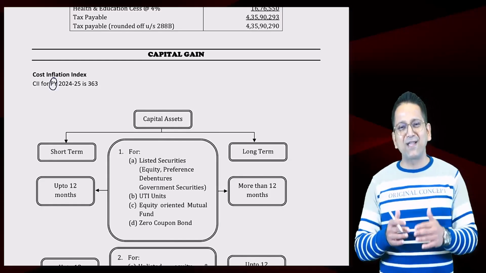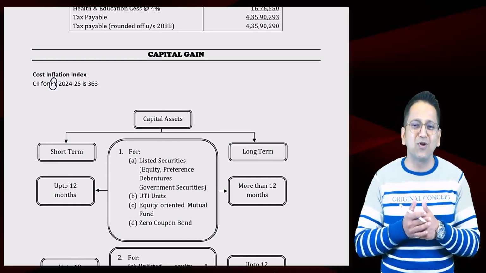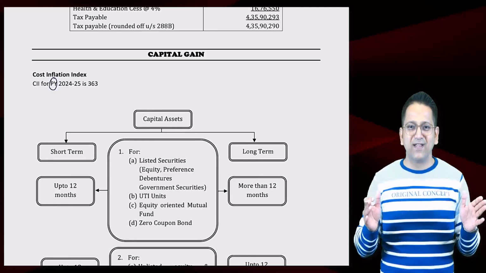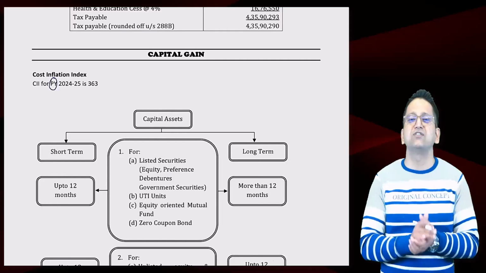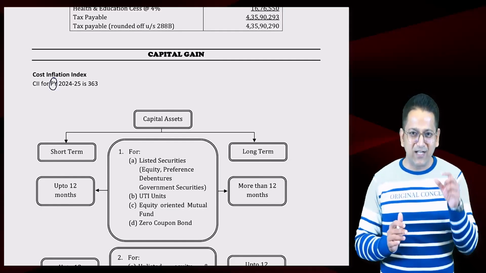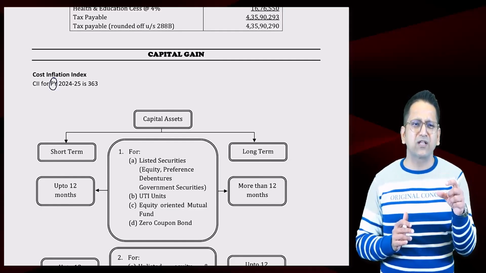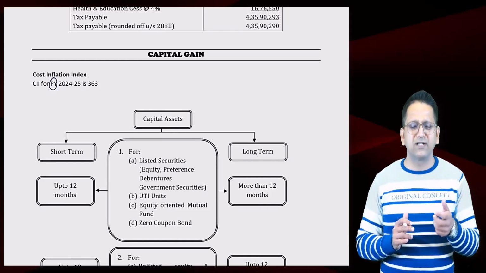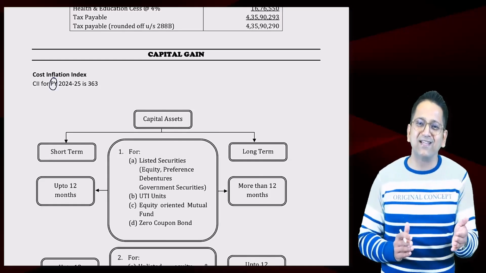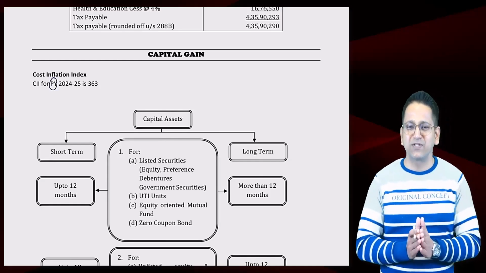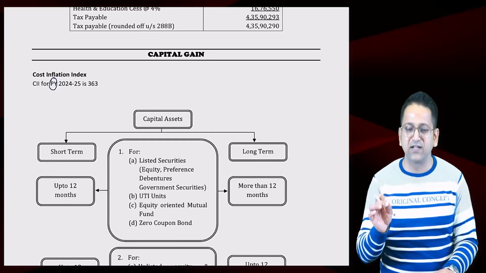But when you read further, you will see that the whole concept of indexation has been eliminated. After a date, the concept of indexation has ended in the previous year 2024-25. So references to indexation will be very rare now. You will find it in very few places, and its use will be very limited. But it will still be used somewhere because you are still learning. The cost inflation index for previous year 24-25 is 363.